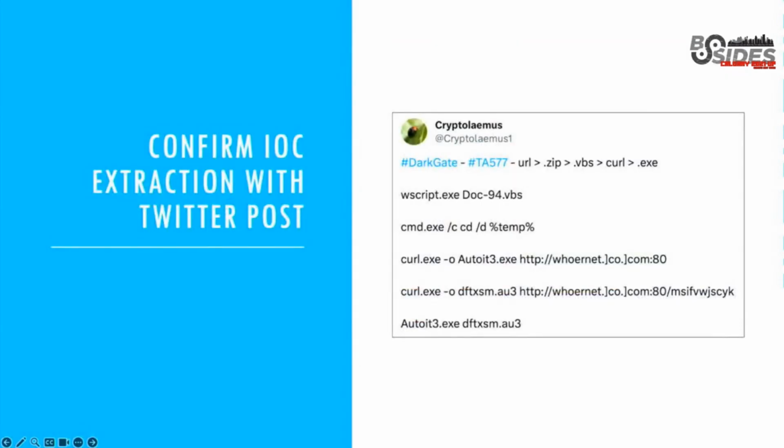Okay, so not sure if everyone is familiar with Cryptolemus on Twitter. This is a group of researchers who make it their hobby to expose types of malware attacks and publish the information publicly on Twitter. And so another reason I wanted to show this was their tweet, where the infection actor kind of chains stages together. And if you notice, this is actually precisely where that's from. So actually, it's pretty good.